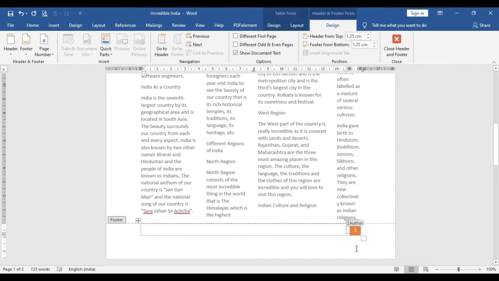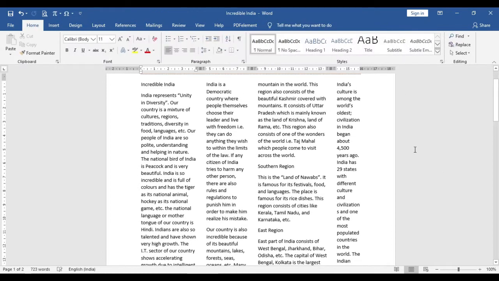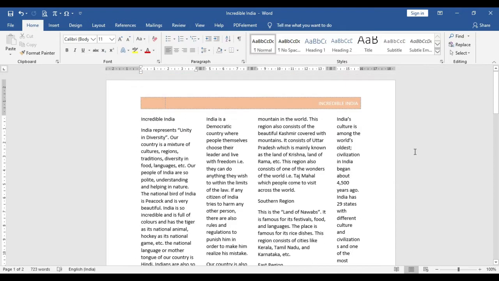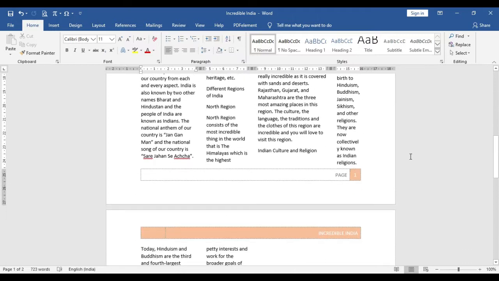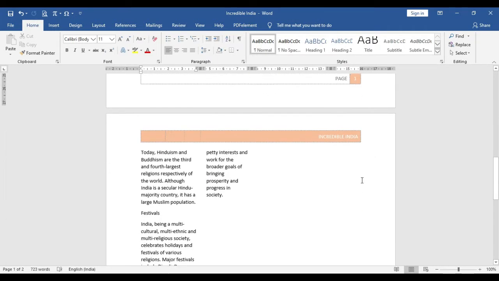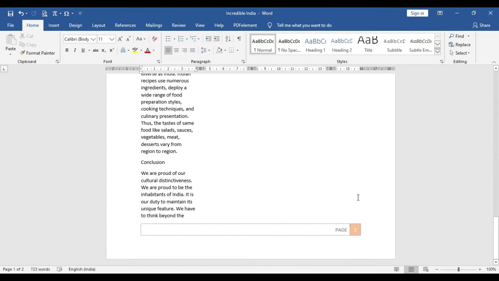You can see page and its number, it is automated, and click on Close Footer. Now you can see this is the header part, Incredible India, and on the bottom it is page number 1. Now you can see the changes in page number 2. So now you can understand how header and footer is useful.